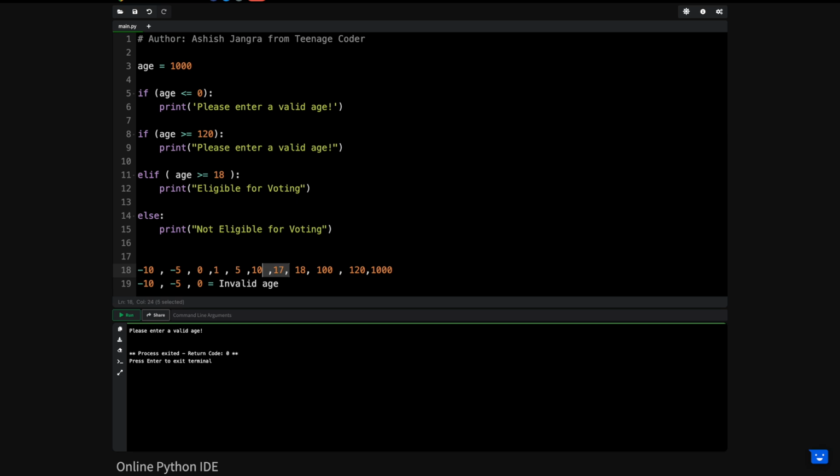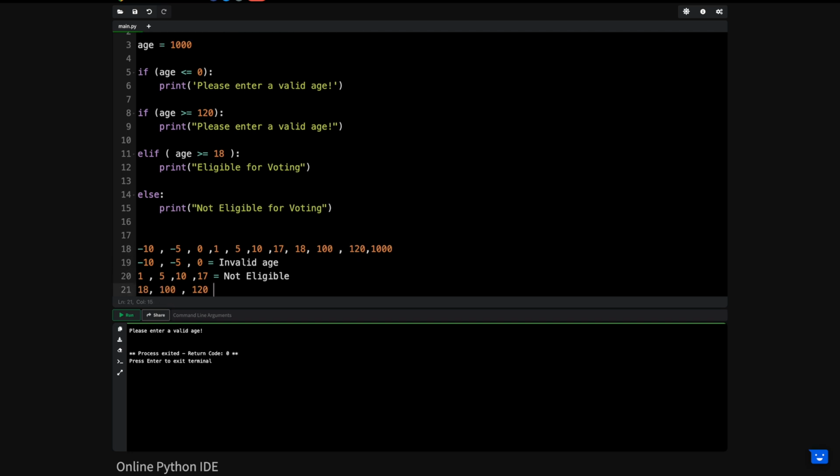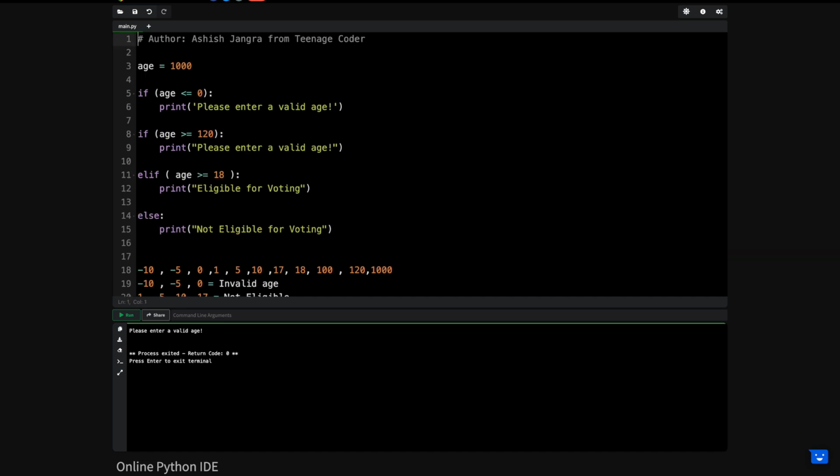For these particular ages, what I am printing is that you are not eligible. And for the ages from 18 to 120, I am writing eligible. Clear? And for the rest of the cases, after 120 to the end,